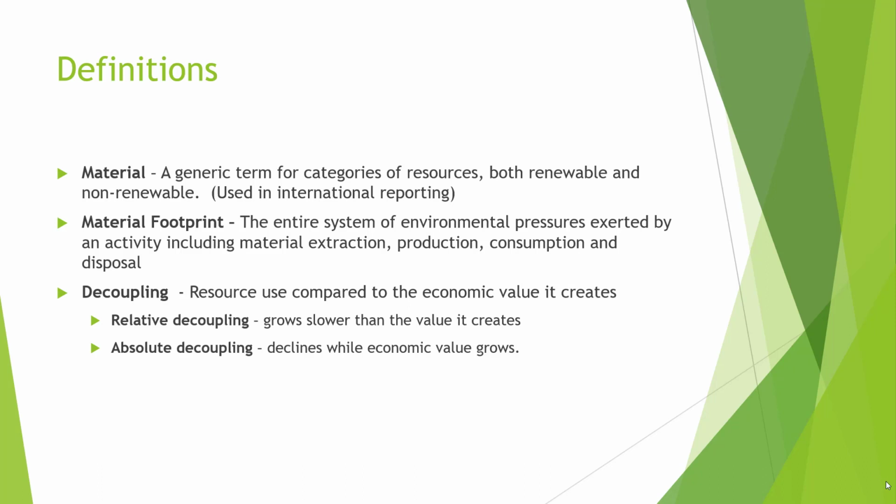So I want you to think about this in terms of industry. So you have inputs on one side, you have the production inside a building, and then you have outputs on the other side. And that's a very basic way to look at it. But the material footprint is, how did we get the input in? Well, if it's a plastic, that comes from oil, so we had to get the oil out of the ground. All those processes up to the input. Then the input goes into the building. What does the building need?